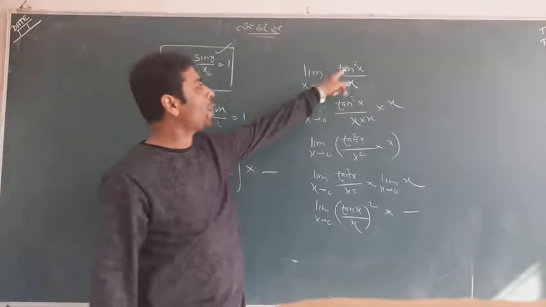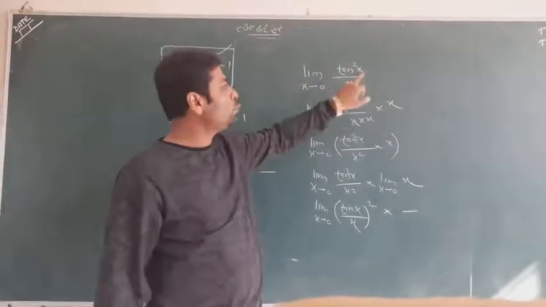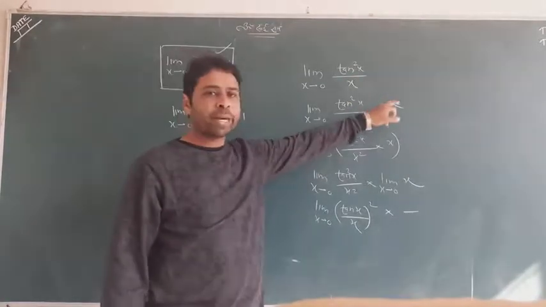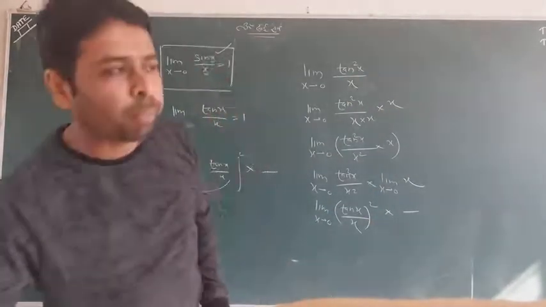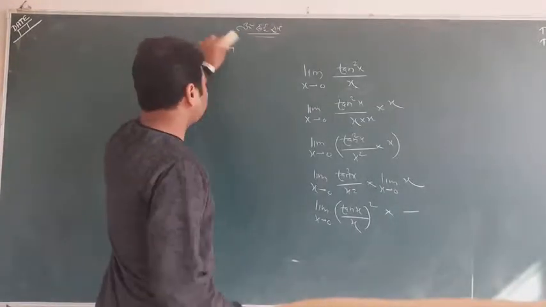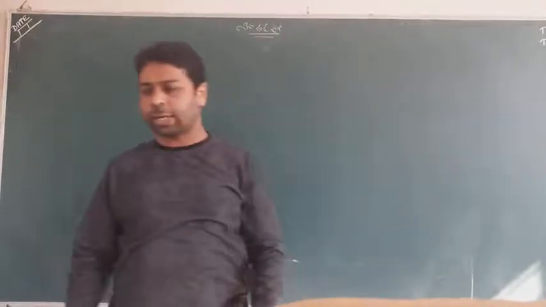So whenever a square will be coming, try to make a whole square term, so that you need to make its denominator also in square form, multiply and divide by x and make it like that. So my main aim is just to tell you the concept. The questions will definitely be done in the follow-up examples and exercises, so we will look for that.